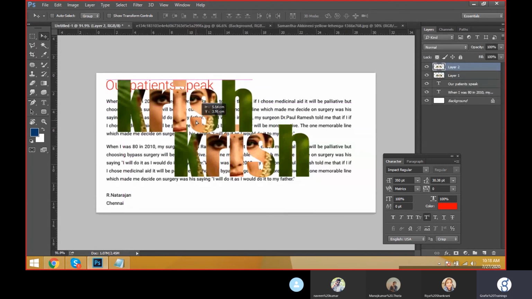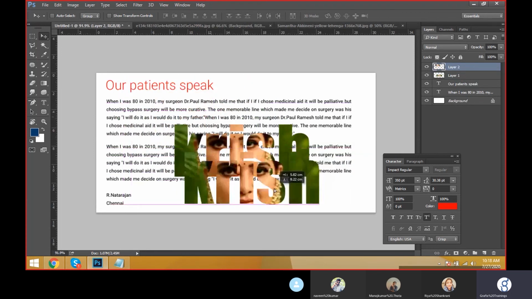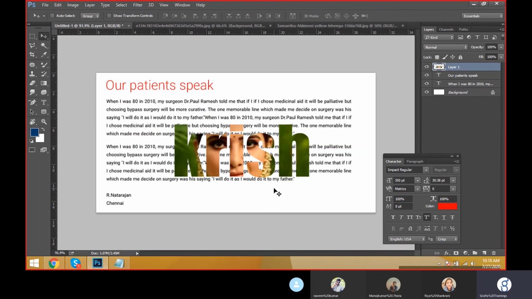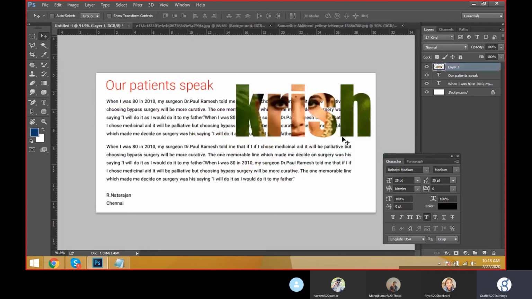Don't miss the session. Okay, don't miss the practicals also. And like this we can work with the masking area. This is called the masking part. This is the paragraph text and this is the masking part. Okay,